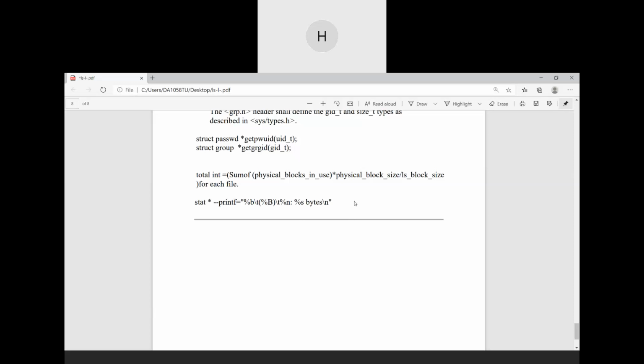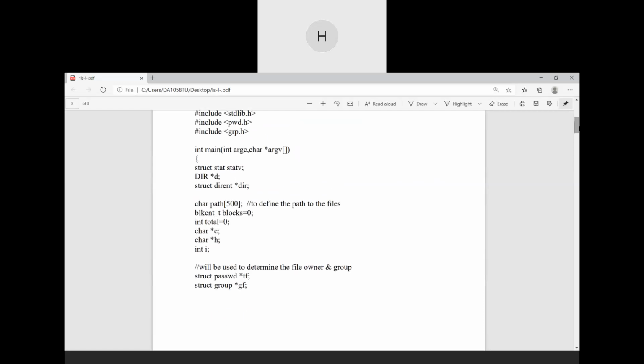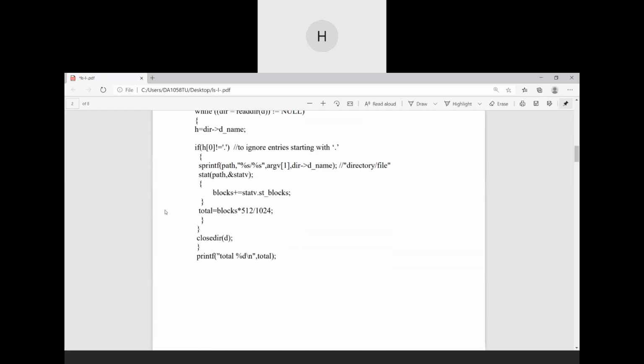There also it is defined to be 512 bytes, and the ls block size I got on the net as 1024 bytes, which is said to be the default, so I used it in this formula to calculate the total for each of the files.